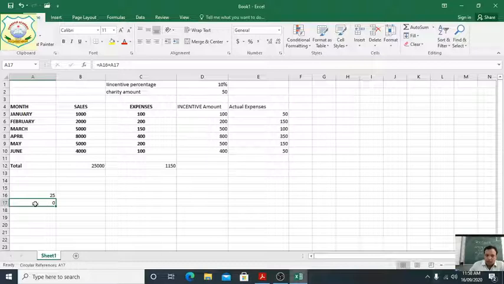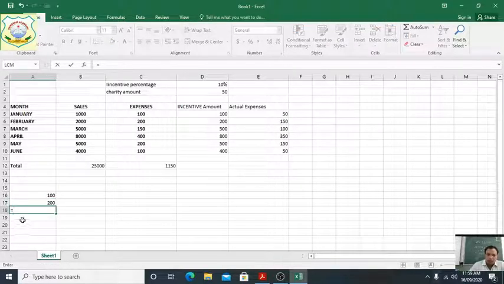be added. See here what cell address we have written. For A16 the value is given, but the A17 value is not given. At the same place where we want to add the value, so it is not possible. Suppose we write here 100, okay, here 200. Next one is equal. We want to add 100, A16 plus A17 plus A18.